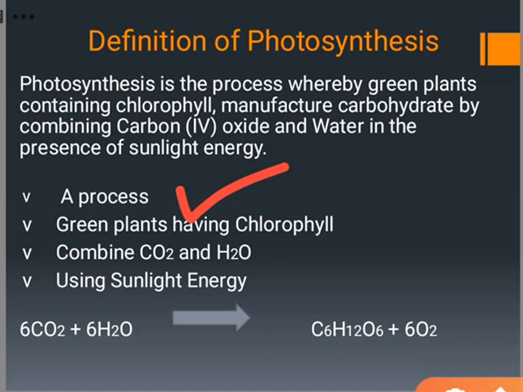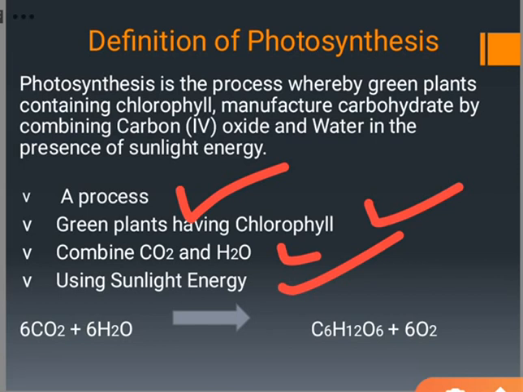Secondly, it has to do with green plants that have chlorophyll. It is these green plants that combine carbon dioxide and water, which are the raw materials, and they use sunlight energy for this process. And it is with the chlorophyll that they combine